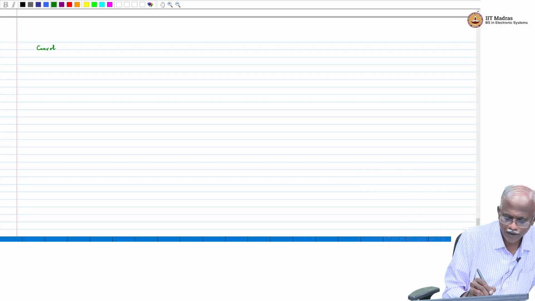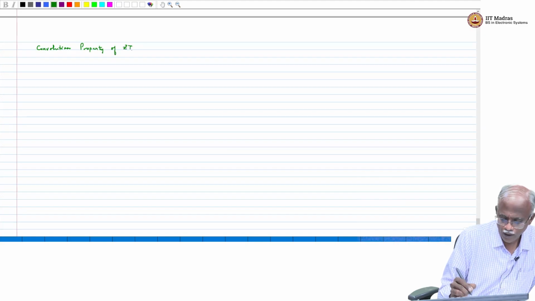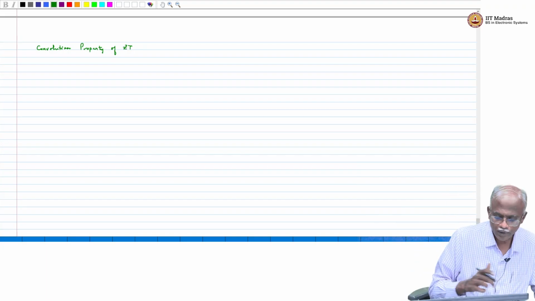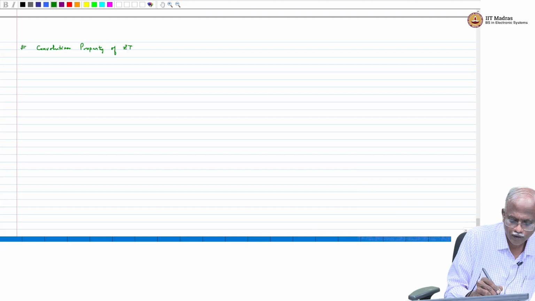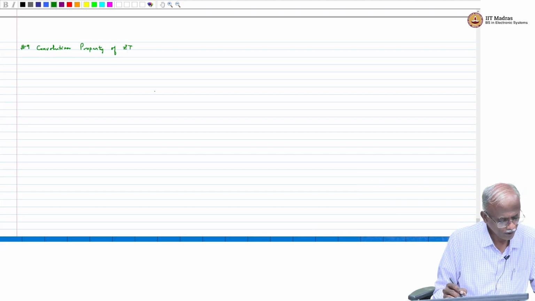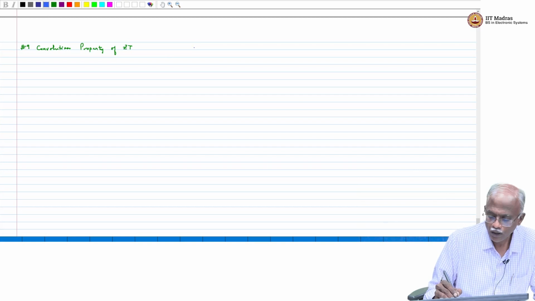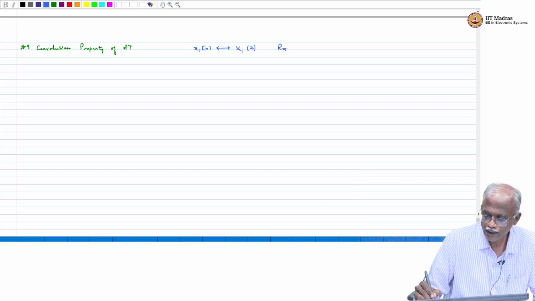Convolution property. Convolution property of the Z transform. I believe it is property number 9 in the table. What we have is two sequences which have the following Z transforms: x1 of n with the Z transform x1 of Z and ROC Rx1,